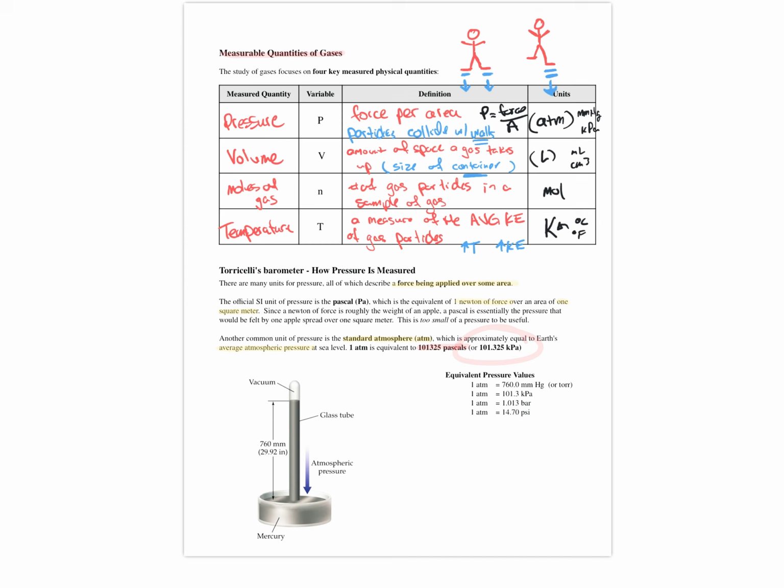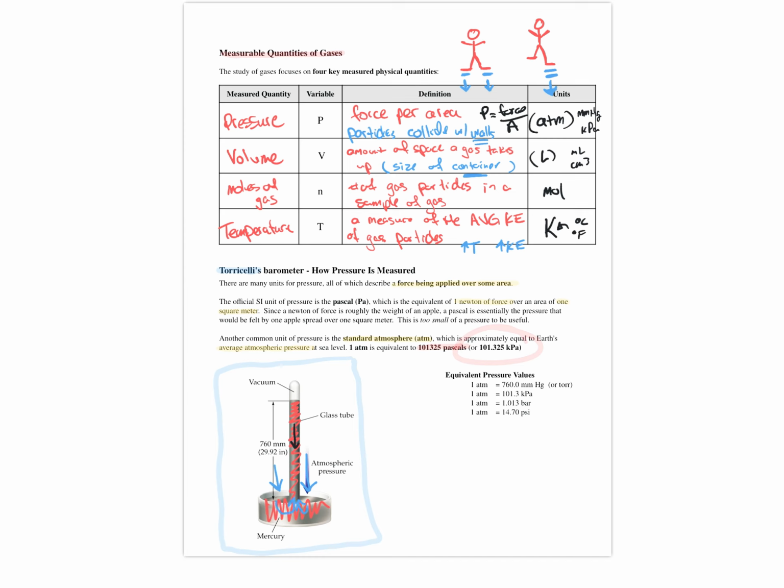But in practice, how do we actually measure pressure of the atmosphere? Well, what we use is a device called a barometer that was invented by an Italian scientist named Torricelli. And here's how it works. A barometer is a glass tube filled with a liquid, in this case, mercury, and then inverted into a larger pool of mercury. Now, ultimately, the atmosphere pushes on that pool, and then the mercury in the tube will try to resist that push. Ultimately, what's pulling down the mercury in the tube is just its weight and the force of gravity. What's pushing up into the tube is the atmospheric pressure.